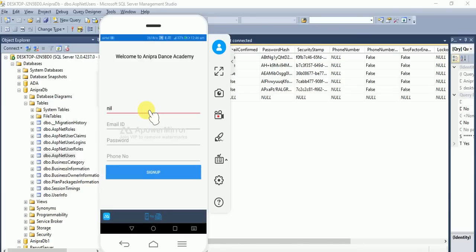Anil, AnilKumar@gmail.com, password, phone number.